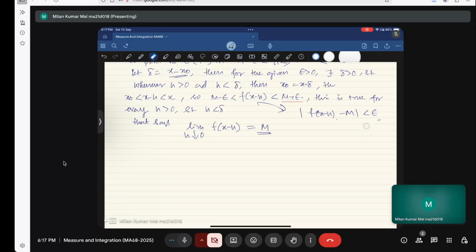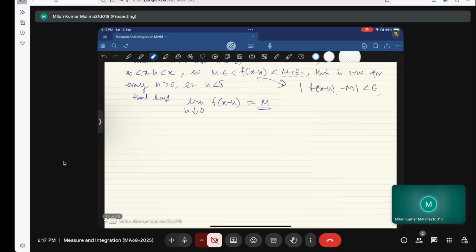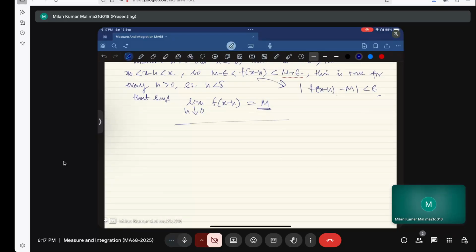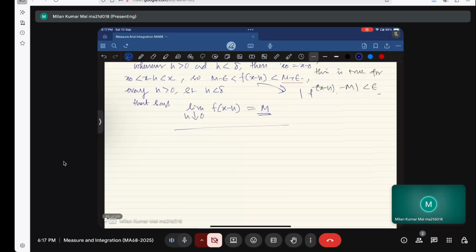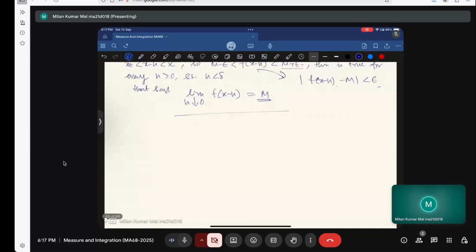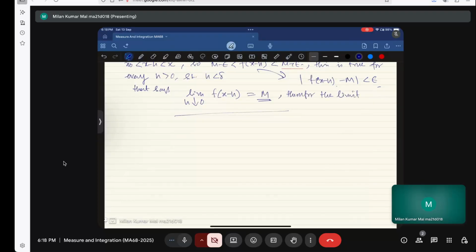So that says that m has to be the supremum. This is what it means. So that means the limit exists. Therefore the limit exists. Similarly, by taking m equal to the infimum of f of y, where y is coming from the interval x to b,